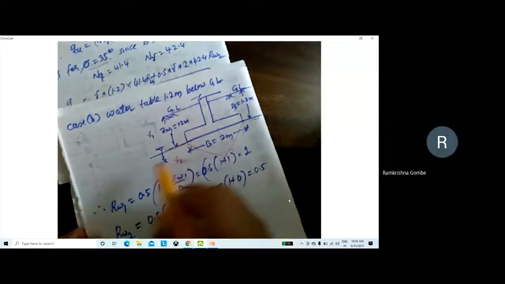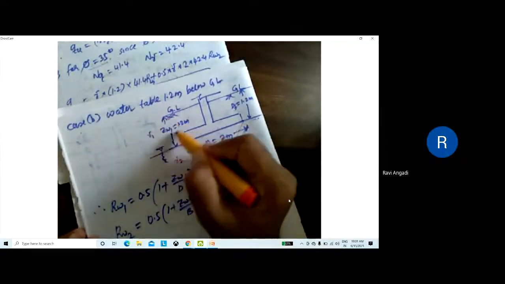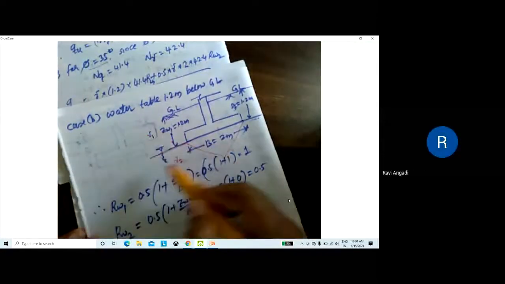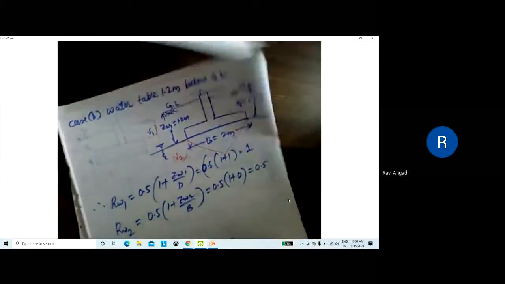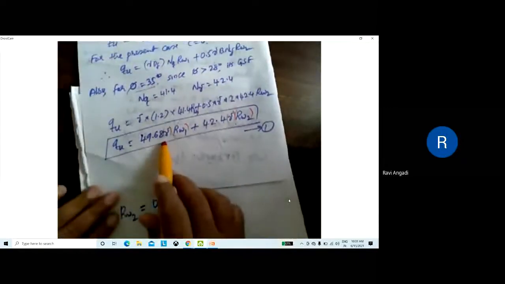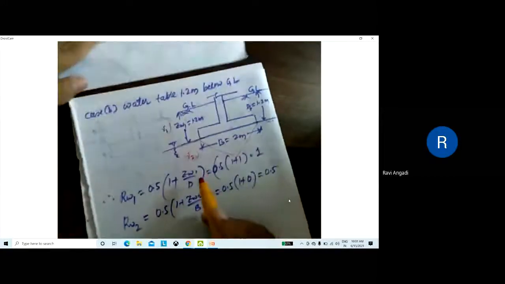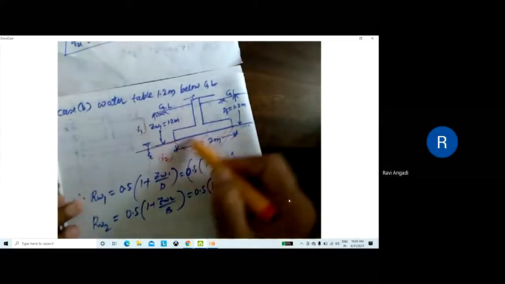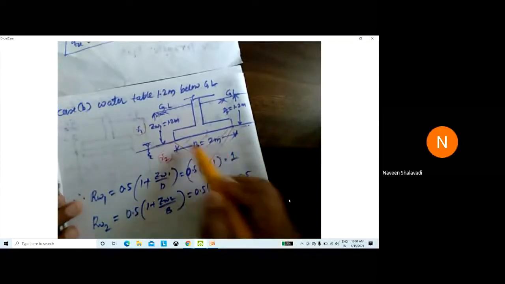Yes, sir. ಅಂದ್ರೆ ಇದು ಗಾಮಾ ಇದೆಲ್ಲ, ಇದು ವೆಟ್, ಇದು submerged. But above the water table, whatever is lying, it is a dry weight. Then we have to take gamma 1 separate and gamma 2 separate. Understood? So gamma 1 is taken first, because it is a surcharge in the equation. Gamma submerged is for the wedge portion. Wedge portion means this is the wedge. While deriving the equation, we have taken the third term from the wedge. Understood?